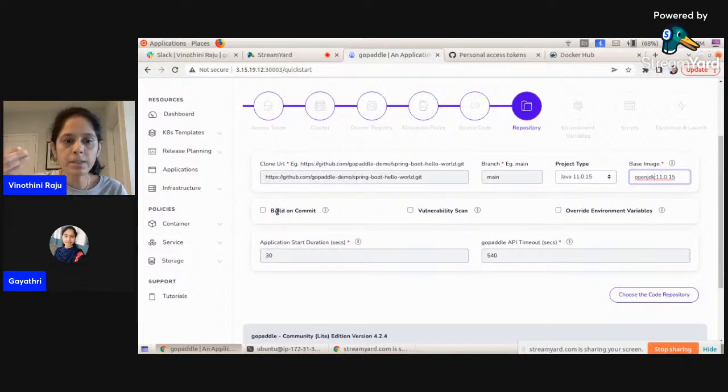So we are going to provide the project URL, and you can also enable build on commit and vulnerability scans. So what happens when you enable build on commit? This option is not available for a public repo, but since it's a private repo, you see this build on commit option. So this will automatically trigger the continuous integration, right? If any code change happens in your project, it will automatically build and then push your Docker images to the container registry that you just now onboarded. And vulnerability scan will automatically check for vulnerabilities, and you will be able to see all those reports in your build reports. You can choose the repository, and then